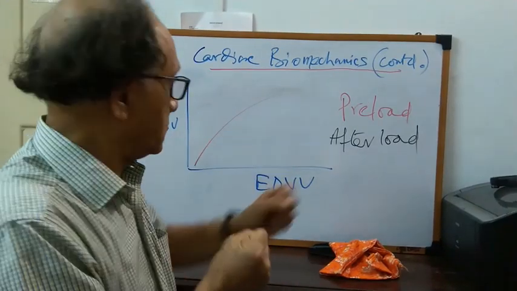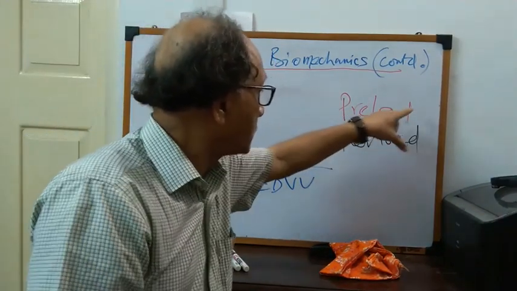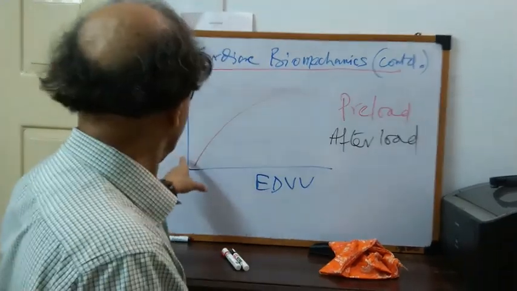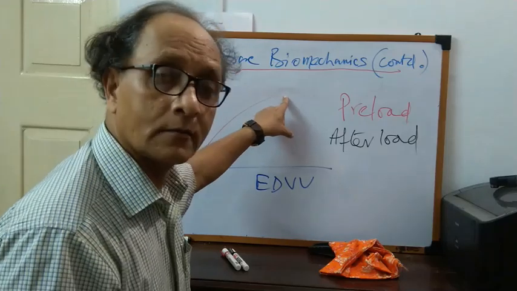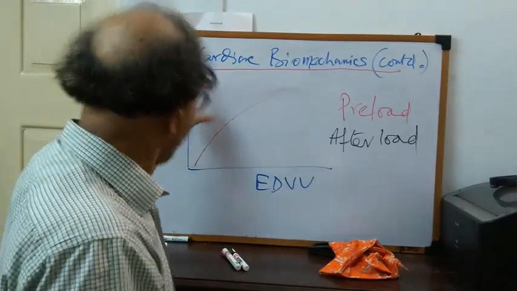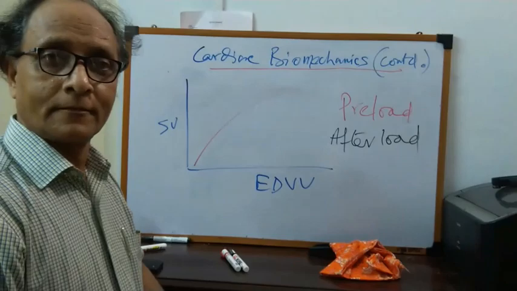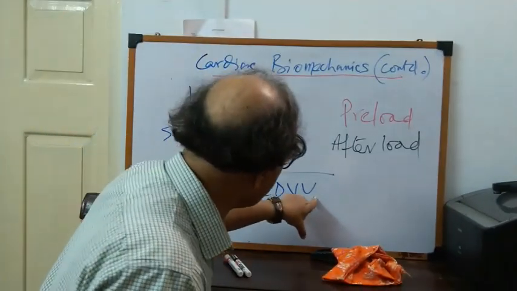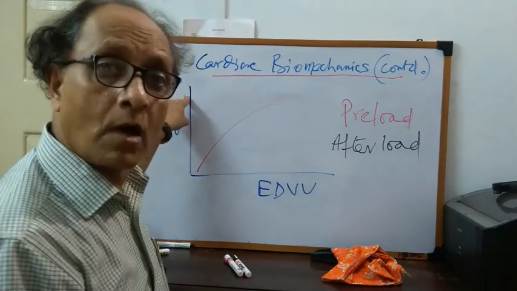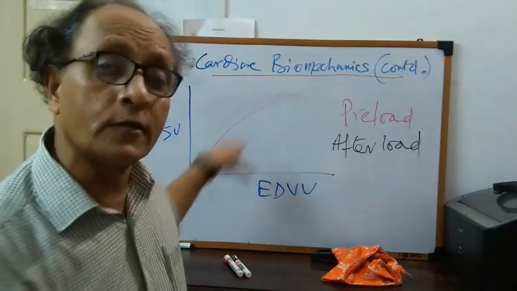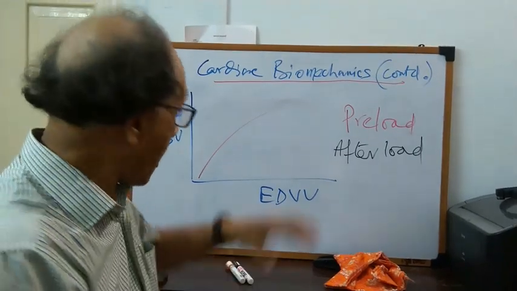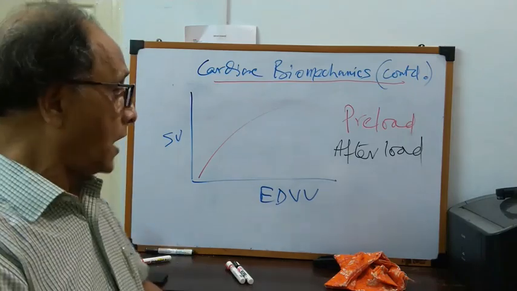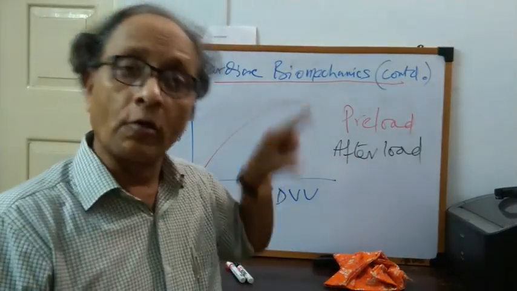Resist the muscular contraction. So it is seen that as the preload is increasing, the performance of the muscle is increasing, obviously within physiological limit. How it is so, we shall discuss. What is the mechanism of this, we shall soon discuss. And what is the effect of afterload, that also we shall discuss.